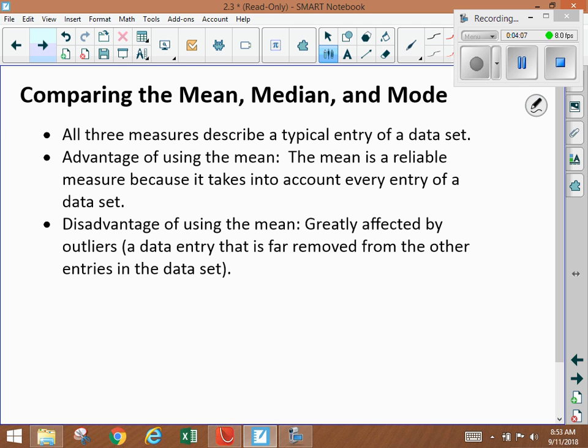So if we measured the height of everyone in this room, and there happened to be someone in the room that was 6'10", yeah, that is an outlier, right? It's a very extreme value, and what's going to happen is that really extreme value is going to push the mean towards that extreme value, right? So we're not going to get a really accurate description of the average height of a person in this room, because that really tall person is making the average height higher, right? When indeed, it might make the average height something like 6 feet, but the average height of a person in this room may not be 6 feet. It's probably